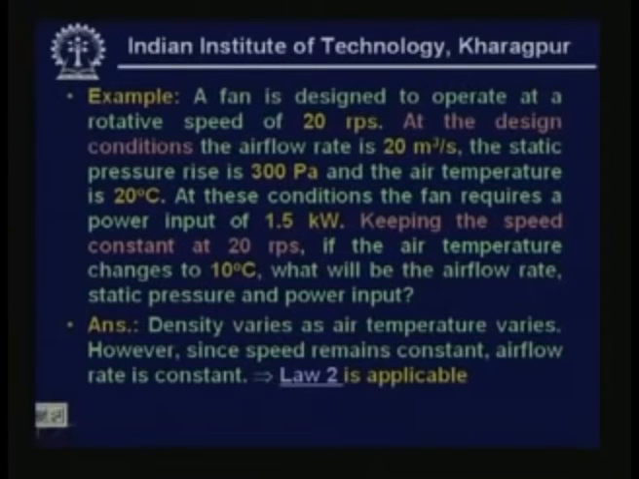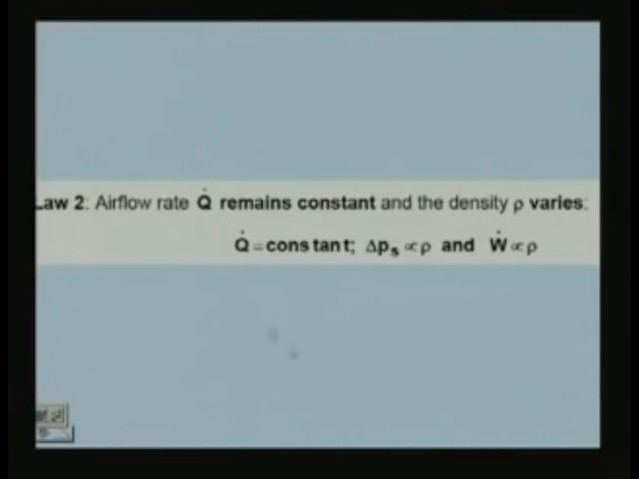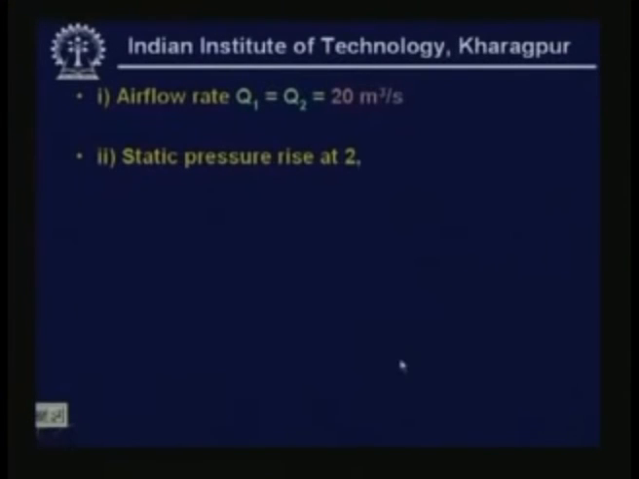First, the density varies because air temperature varies, right. However, since speed remains constant, air flow rate remains constant. That means you have to apply fan law 2. What does fan law 2 say? Fan law 2 is this: air flow rate q dot remains constant and density rho varies. According to this law, static pressure rise is directly proportional to density and power input is also directly proportional to density. So, using this you can easily find out,